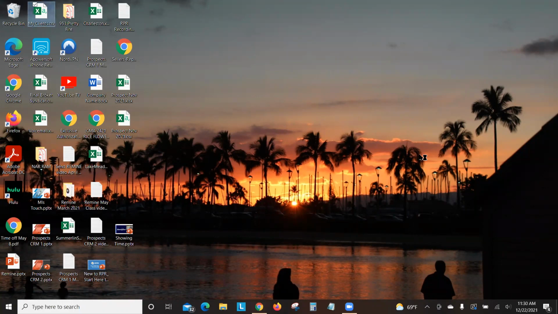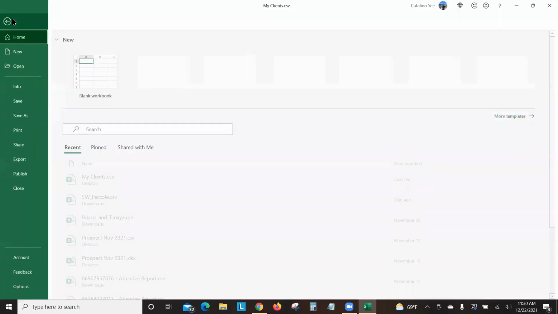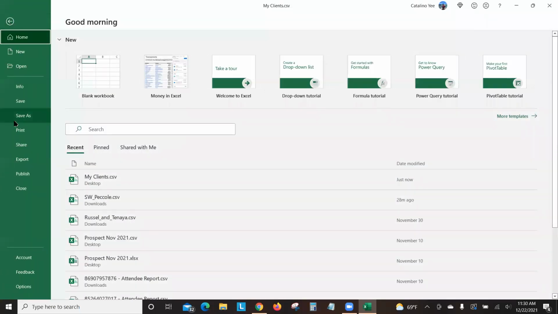I can just open up an Excel file, include headers: first name, last name, address, city, state, zip, email, phone numbers, notes if you want. So have the information here, whatever you have. After you enter all that information in an Excel file, just go to File, Save As,